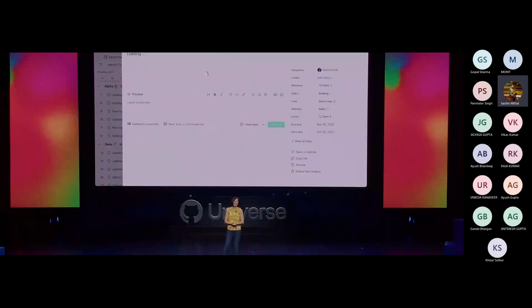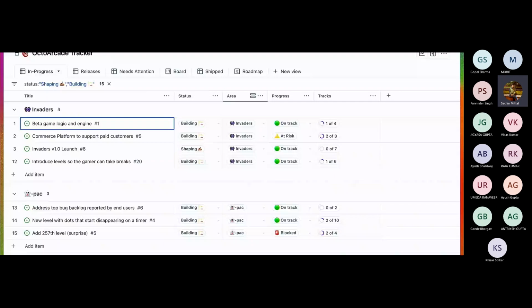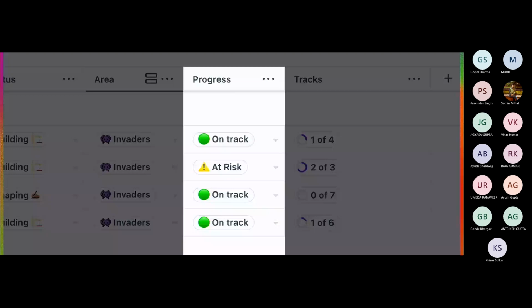So let's switch to our feature delivery project, which tracks the status of items about to be released. You can tell this is a different project because it has custom fields and unique views. For example, there's at risk of slipping. And even from this high-level view, we